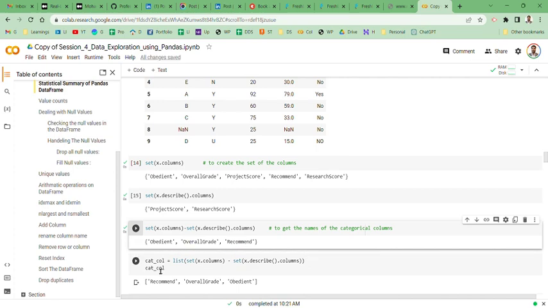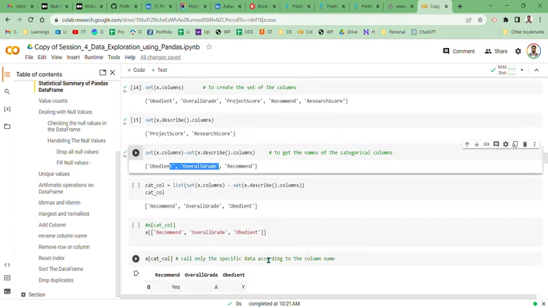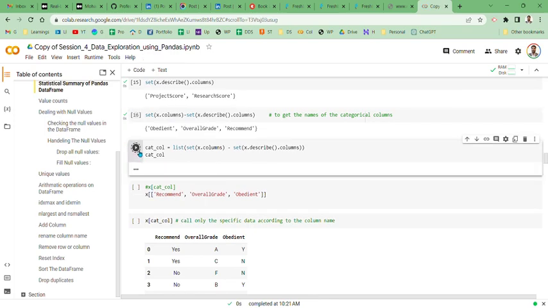To this, what we will do is we will save this to a variable called categorical_column, cat_column. As you can see, set of x.column minus x.describe.column. So we are subtracting the numerical columns from the overall columns to get all the categorical variables. Now what we will do is we will just check this. We are getting the same thing, and now what we are going to do is we are going to